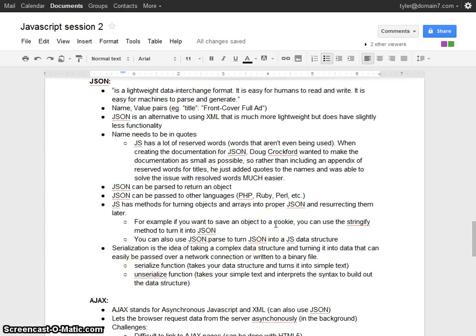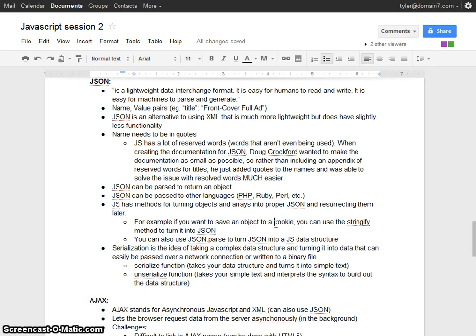So this idea of turning a complicated object or data structure into a string is called serialization. And basically, what we use serialization for is when we want to pass complex data structures across a network connection, or if we want to write them to a binary file, it can be very difficult to write complex data structures into a file and be able to read those back into JavaScript, or to read them in PHP or any other language that we want to read them in.